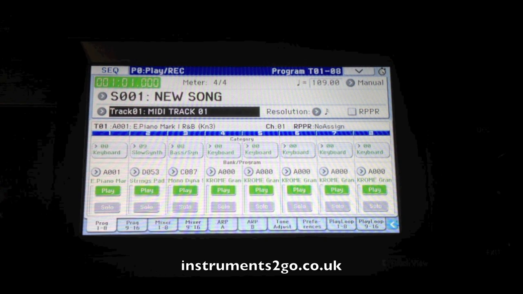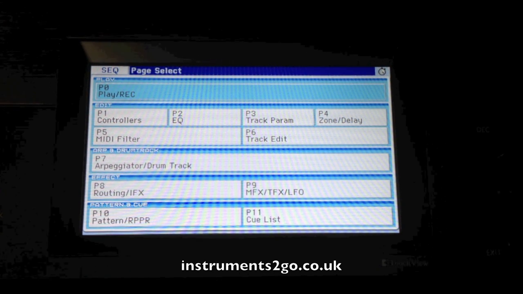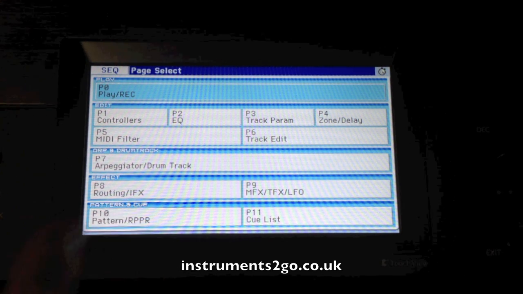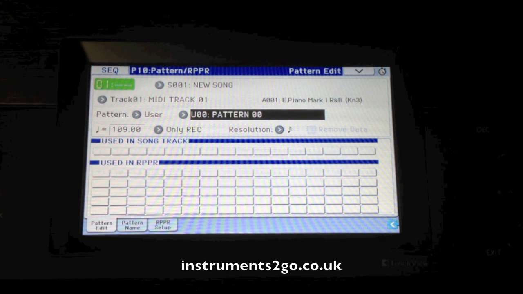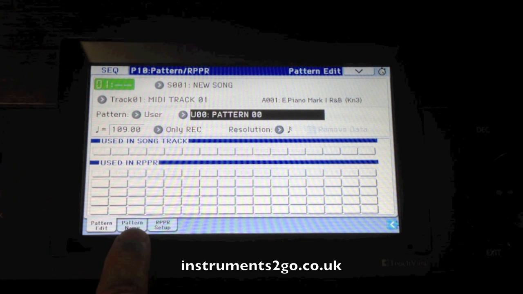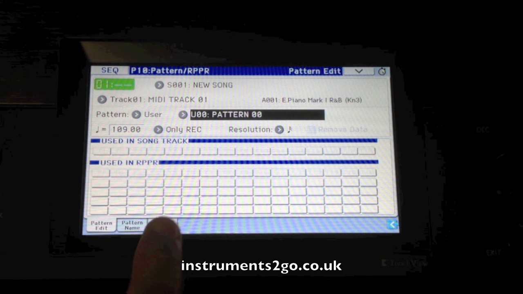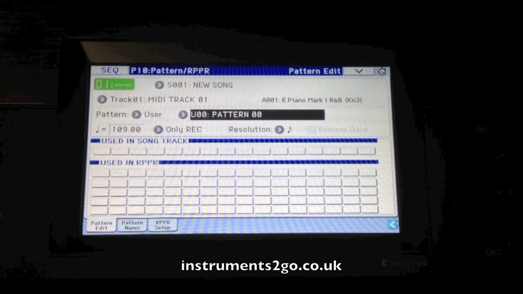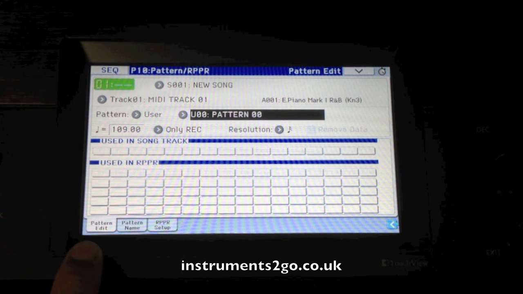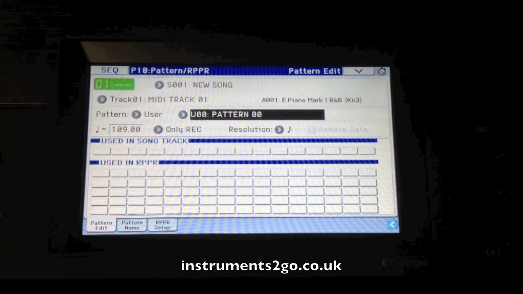To get to the RPPR recording, I press the page button just under the dial on the Krome, and select pattern and the RPPR tab on the screen there. So this is the pattern screen. We've got three tabs: pattern edit, pattern name, and RPPR setup. The last tab there is for actually assigning the patterns we've recorded and setting them into the individual keys that we want to assign them to. We'll see that after. So first things first, we want to make sure that we're on the first pattern, which we are, which is pattern 0,